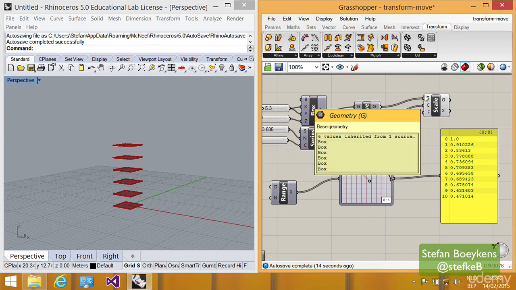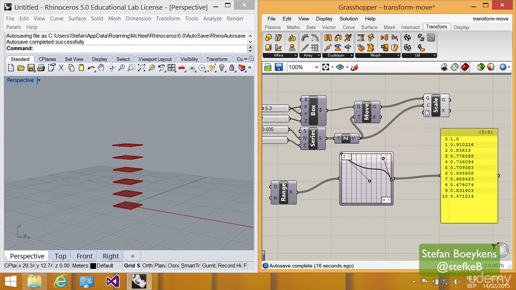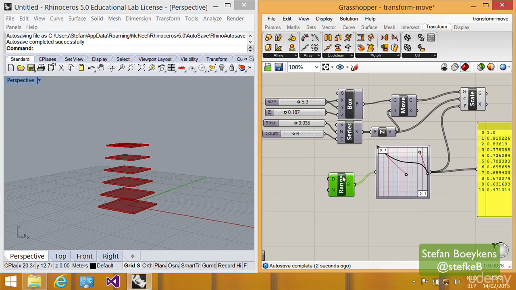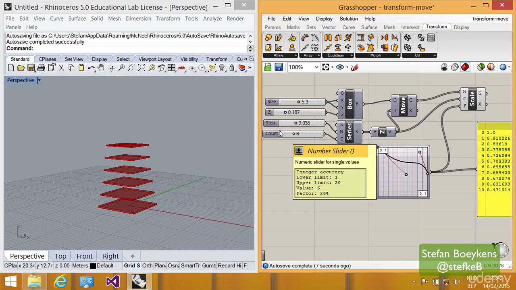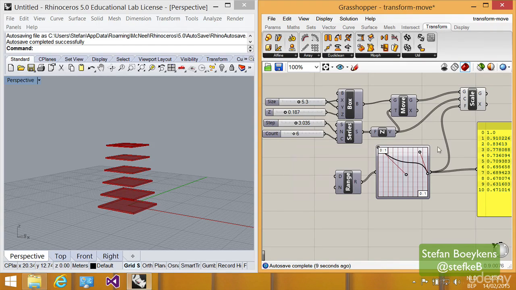So now we see that we have a scale, which is the scaling factor. Well, let's use the same one, but the one we control by the range factor. We only have to ensure that our total count of elements can be used. So for instance, we actually want 6 values in our range. So let's